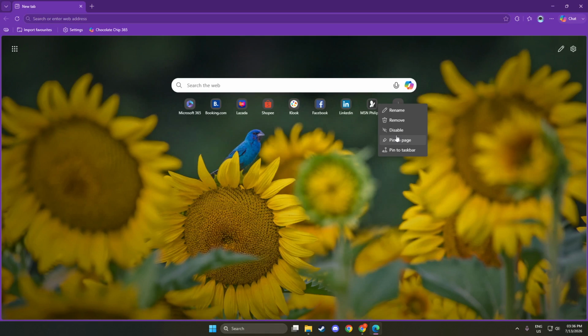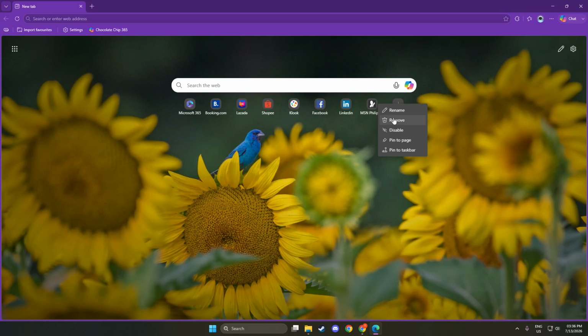Click the three dots, also known as the ellipsis, on the shortcut. This icon indicates more options are available for that specific shortcut. When you click it, a menu will appear, displaying various actions you can take. This is where you will find the option to remove the shortcut. Knowing where to find these options enhances your navigational skills and improves your overall experience in Edge.